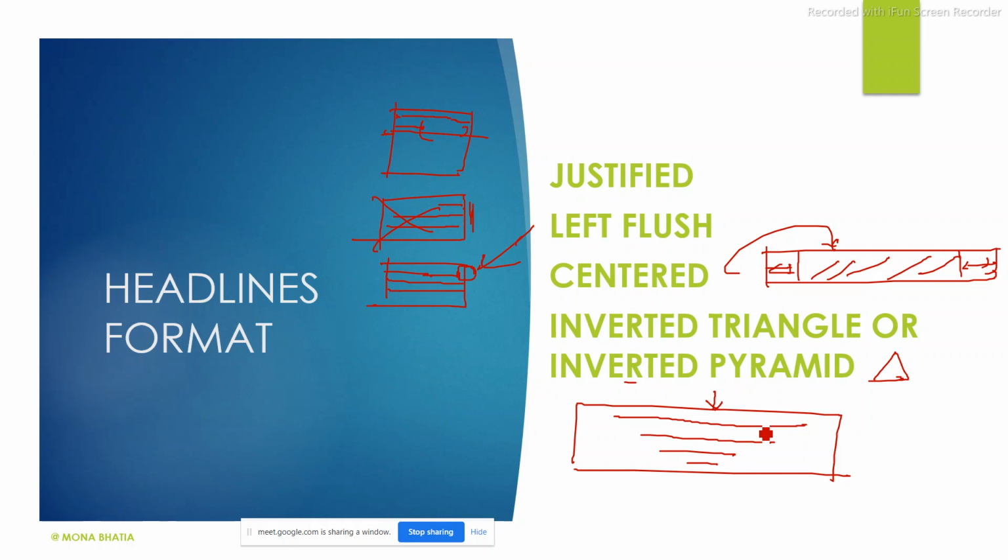You just have to say right align, left align, whenever you are working on computers, Word and all these things, which are now done very automatically. You just have to give the command inverted triangle, this much space needs to be occupied. That command will also understand, when this is the amount of space to be occupied, what the point size should be, so that it looks neat and nice, right? So these are the different types of headline formats.